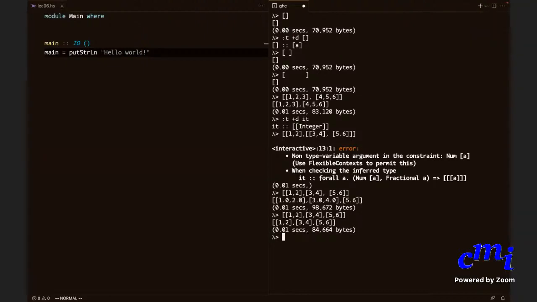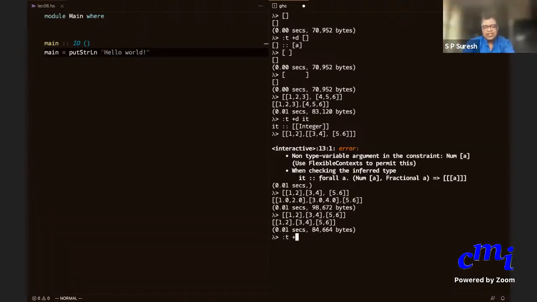Sir, it means whatever you defined previously. Yes, Mohammed, yes, please. You have written a type of it. So what is it? Okay, it is a special thing in GHCi. It means the last expression that was evaluated. That's a secret, secret sauce inside this thing. So you can say it. It means the last expression that was evaluated inside GHCi. It's not a Haskell thing, it's a special GHCi thing.